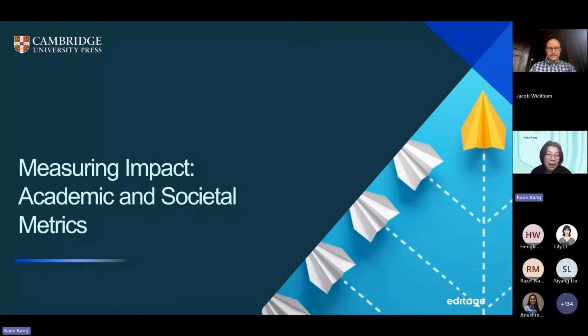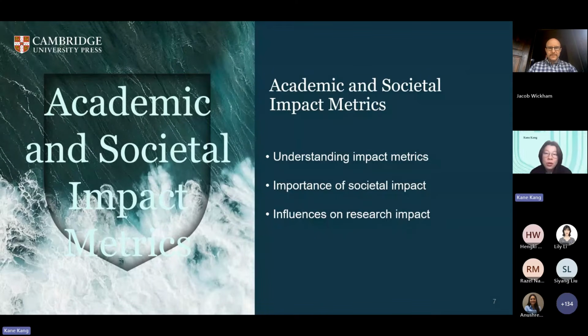So what about measuring impact? I will talk about academic and social metrics. This is the first section. We know that academics and researchers are working in an increasingly competitive market, and that authors are frequently asked to demonstrate the impact of their research. Using social media effectively can help you to engage with your peers and the academic community as a whole. In turn, this will help to encourage both usage and citations of your work.